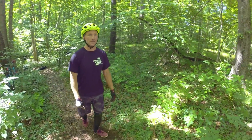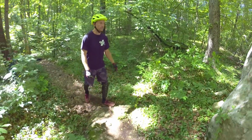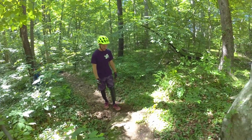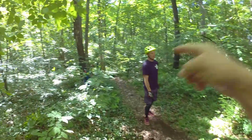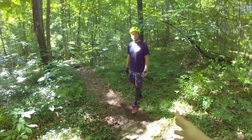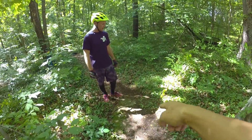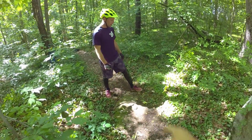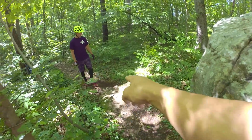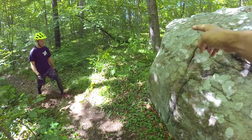All right, so when you build stuff like this, it's not really a science, it's more of like an art. So we did a little bit of discussion, but what's the thought process here? So you come around this turn, and it's a slight uphill. So speed's obviously an issue, but you do have a little bit of rise right by your foot. That's what we're working with. So we're kind of thinking that rise is a good start to go up here,